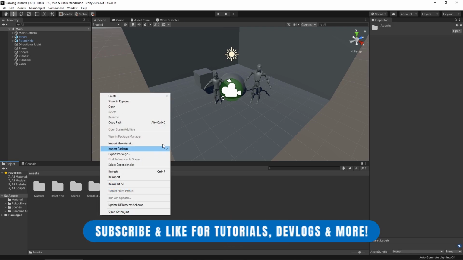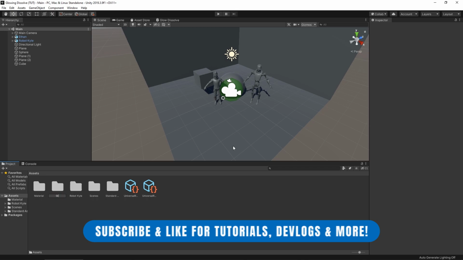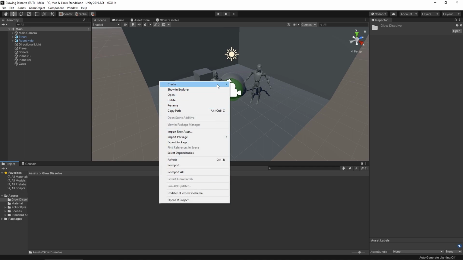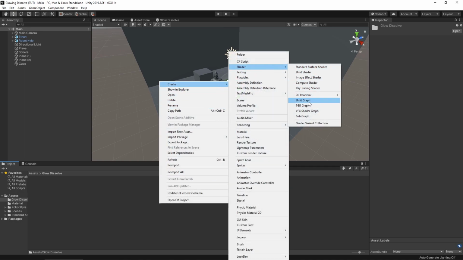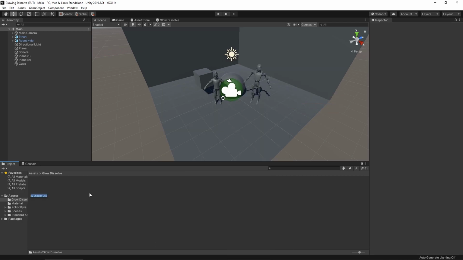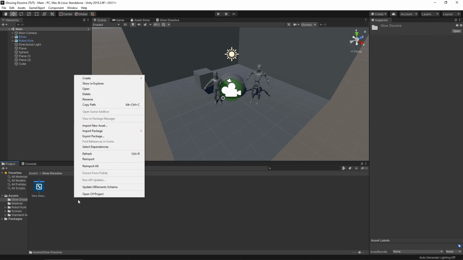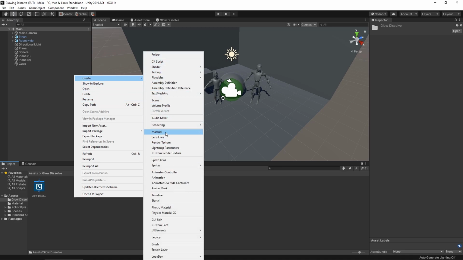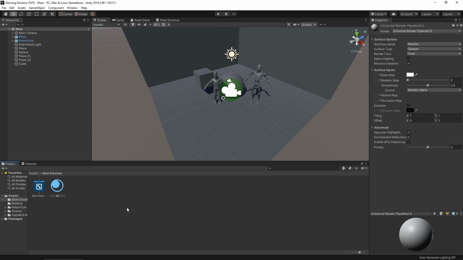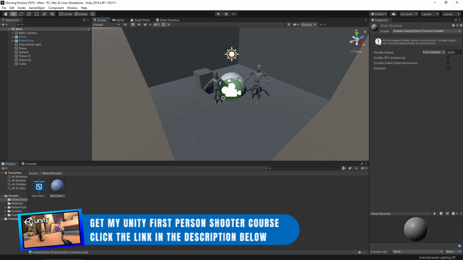So I'm going to create a new folder first of all that I'm going to call my Glow Dissolve folder. And then in here I'm going to create a new shader, and I'm going to create a PBR graph, which is the standard kind of graph that we use, and then I'm going to create a Glow Dissolve shader. And then I'm going to add this to a material, so let's create a new material, and we'll call this Glow Dissolve, simple, and we'll just drag our shader onto that, and I'm going to add this onto this sphere here